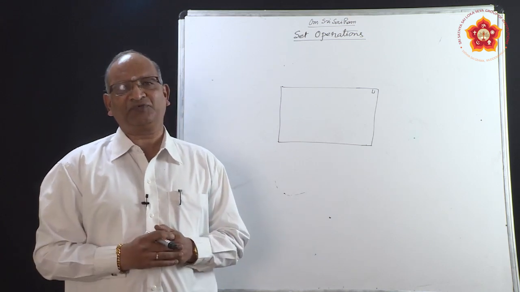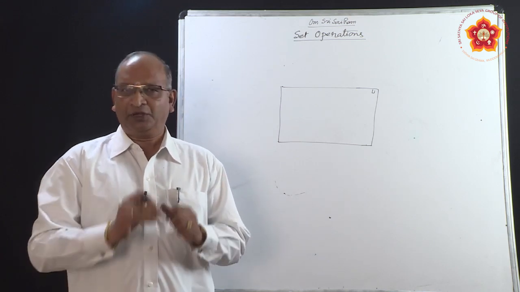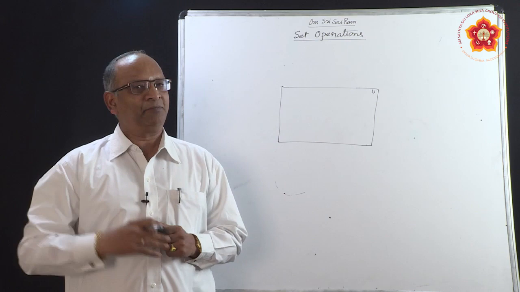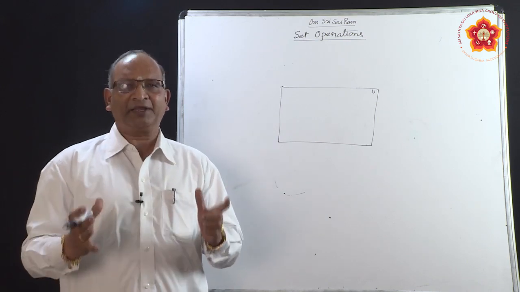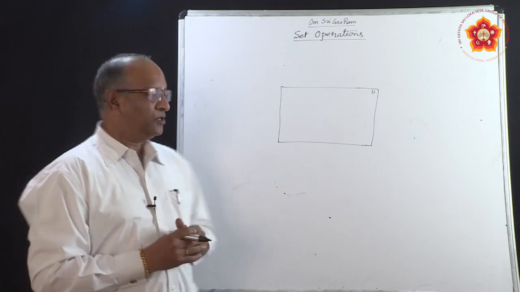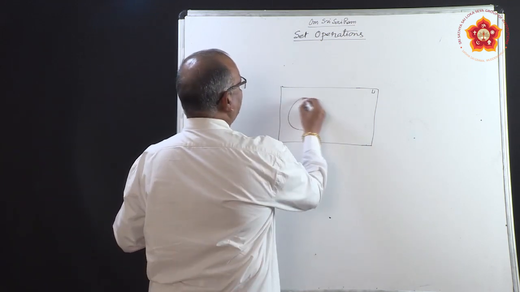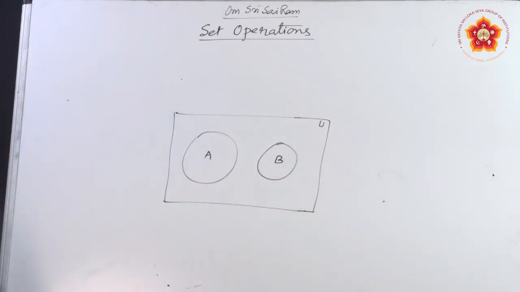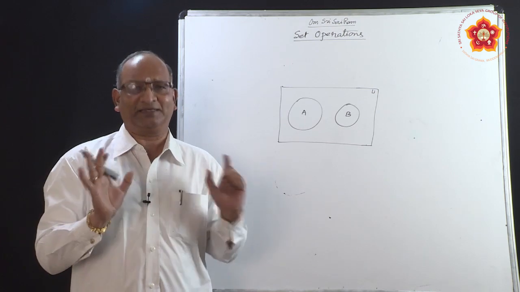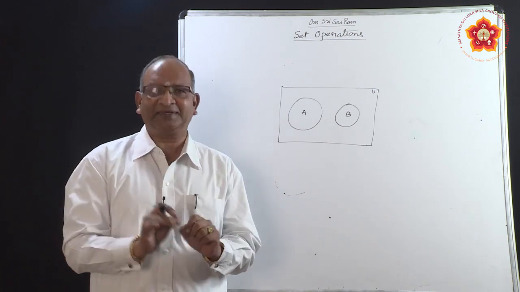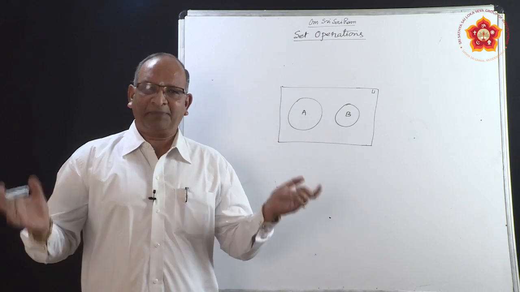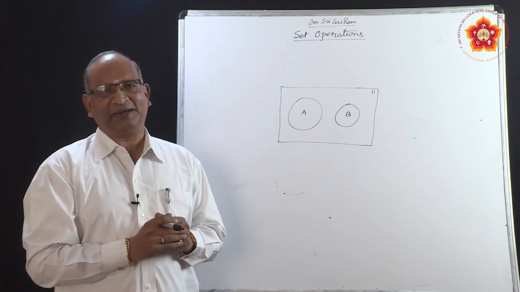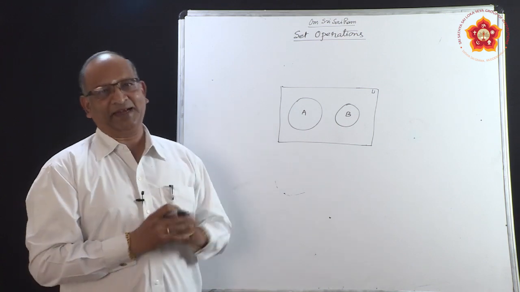And generally, which closed figures do we use? We use circles. You don't need to worry about the radius of the circle, the size of the circle, or anything of that kind, because we are not doing geometry, but we are using circles in order to represent a set. So suppose you have a set A, so we say this is A. Suppose there is one more set here, we call it B. In this manner, just by using two figures, a rectangle and a circle, we are able to represent all types of sets. We are able to show all kinds of operations on sets through Venn diagrams.